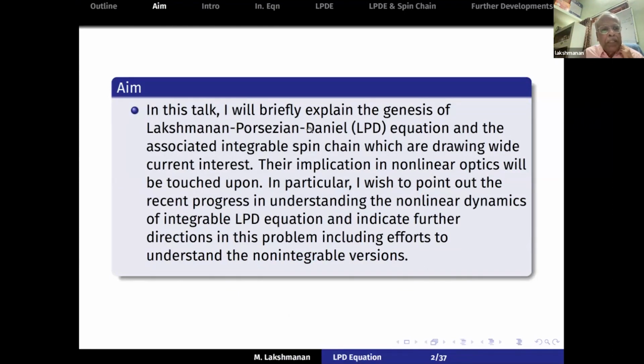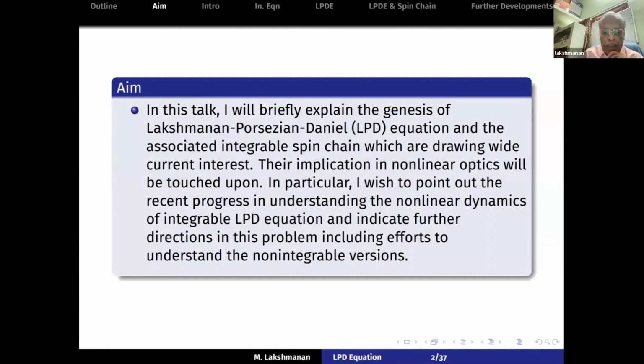Porsezian and Daniel were my former students, and we identified this equation as early as 1988, along with the associated integrable spin chain. This equation is drawing a lot of attention in recent times, both in nonlinear optics and in ferromagnetism. In this talk, I wish to point out the recent progress in understanding the nonlinear dynamics of this equation